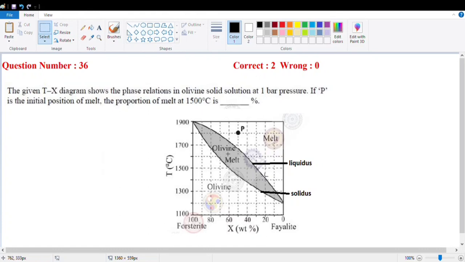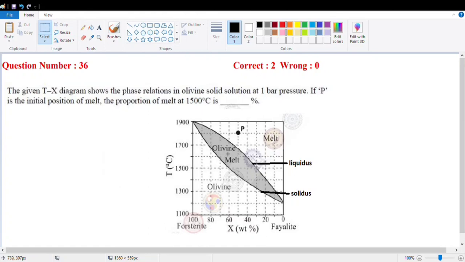The question is given so that we want to find the proportion of the melt at 1500 degrees Celsius, and the initial composition is P. To answer this question we should get an idea about olivine solid solutions and the diagram. In the olivine solid solution temperature composition diagram, we have two curves. The first curve is called the liquidus curve. The liquidus curve is the curve above which there is only melt,